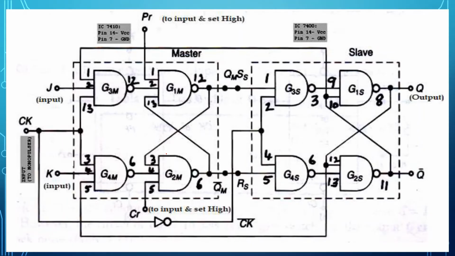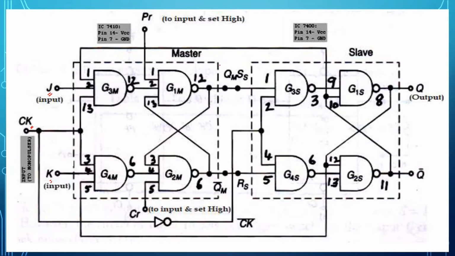Coming to the circuit diagram. You need to remember the circuit diagram when you come for the practical examinations, because there is no design here. You need to just realize it. When going to the question, it is about realizing a JK master slave flip-flop only. There is no design. So you can see my two inputs. This is your J, this is your K. This is your clock input.